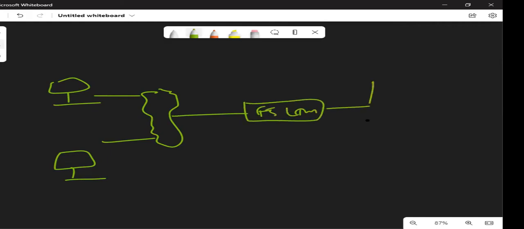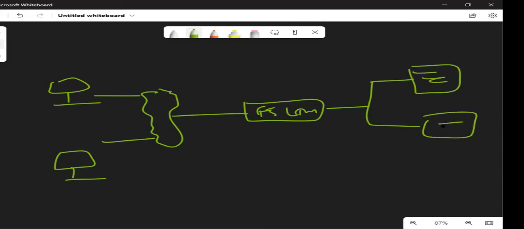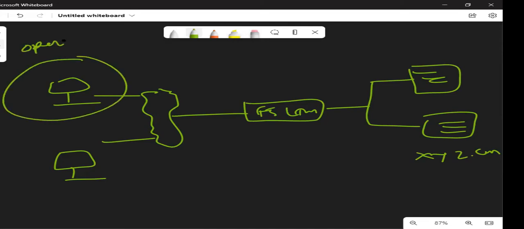F5 LTM. Again, server 1, server 2, hosting xyz.com. This particular set of users are from the operations team. They just want to go into xyz.com and do their day-to-day operations.